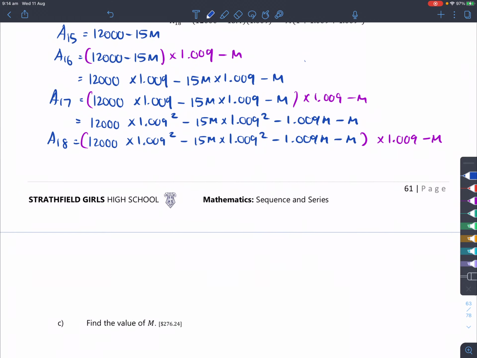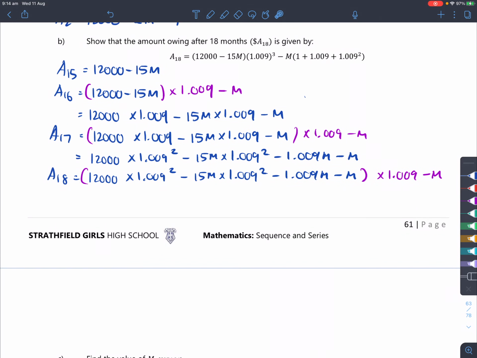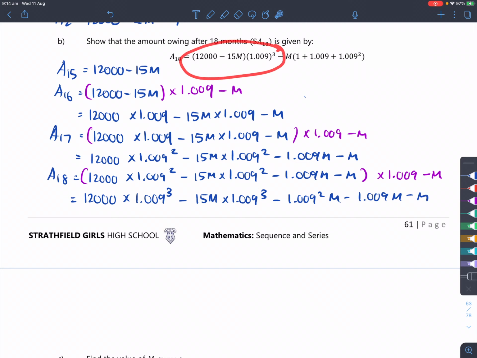And by the way, there's just a bit of space on the next page, so don't cram everything here. I'm going to expand that. So this 1.009 will end up being cubed. Next one will be also cubed. 1.009 squared M minus 1.009M, then minus M. Now we've got to make it look like this. So we've got the beginning already. They have just factorized out 1.009 cubed, which is over here. So if we factorize that out of these two expressions, we shall get